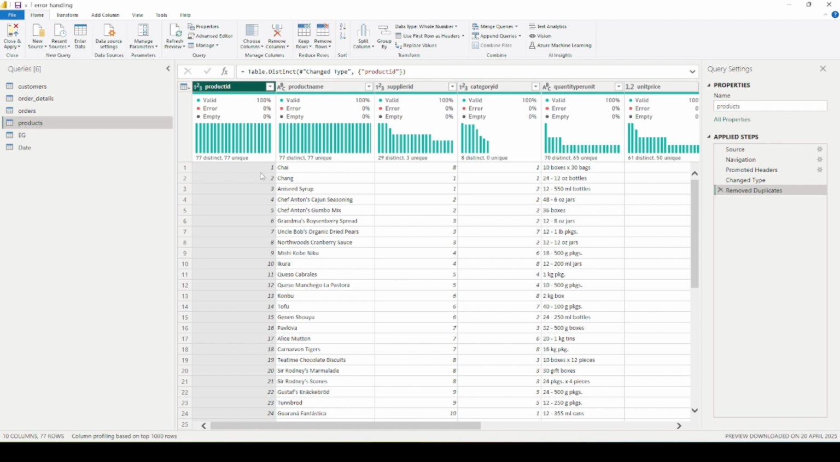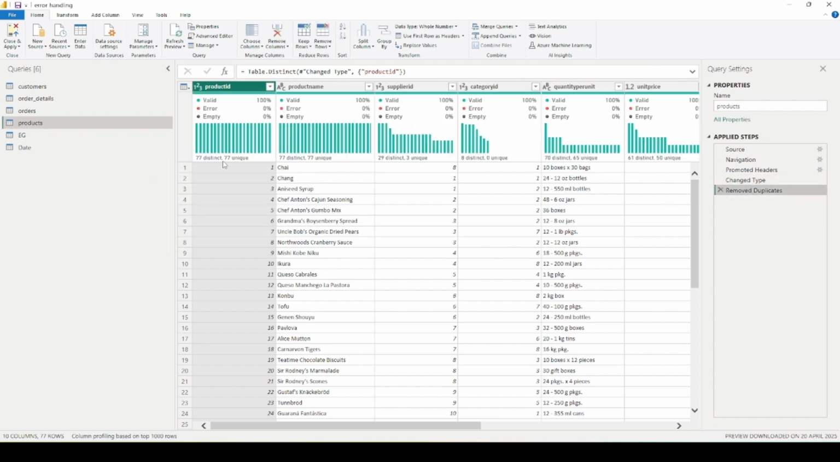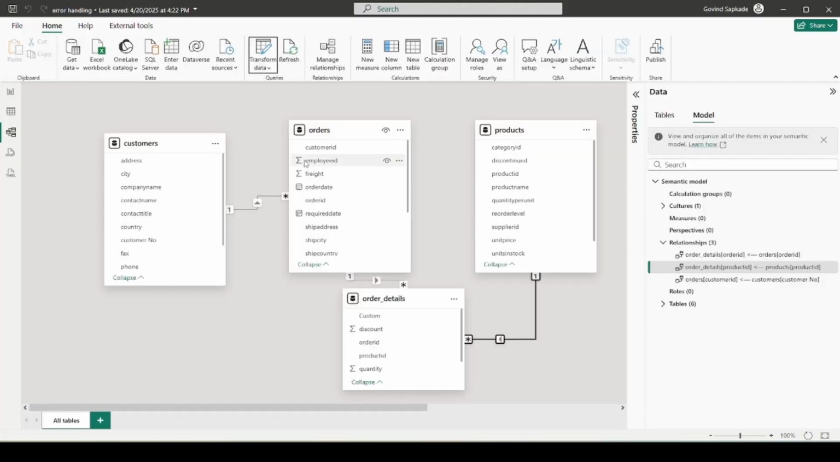Once I do that, you can see that I now have 77 distinct and unique values, whereas in the query I had before, we did not have the same count of unique and distinct values. So it means that some records were duplicates, but here they have gone. So even if the duplicate values come from the source, this remove duplicates command will automatically remove the duplicate values from the query. And if I close and apply,